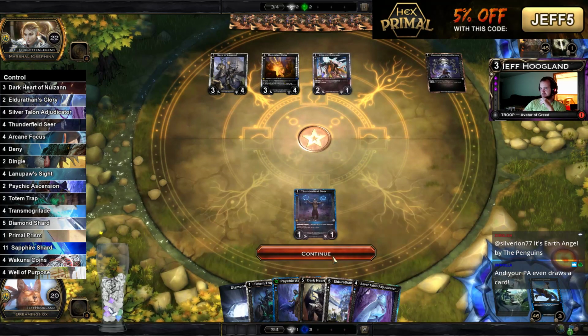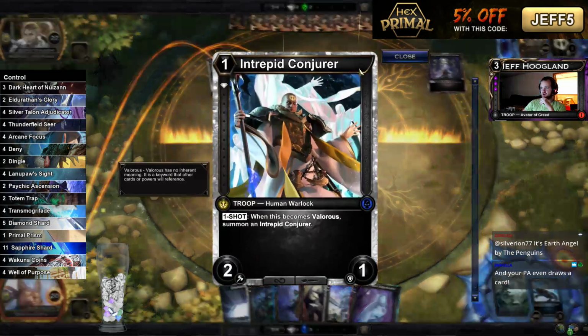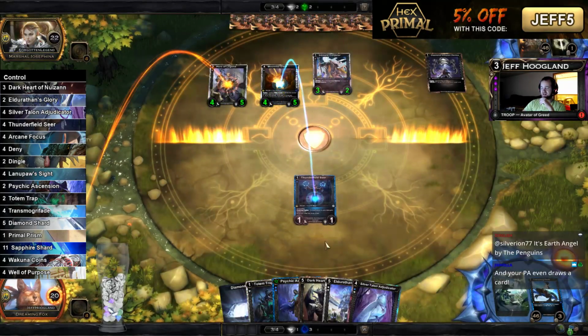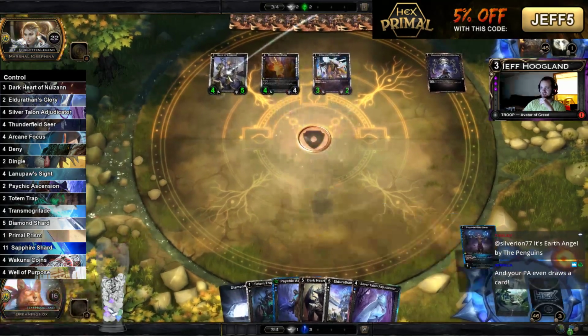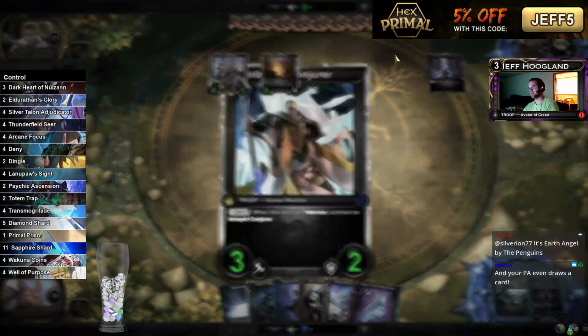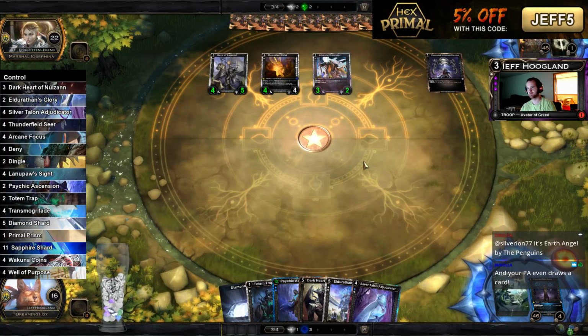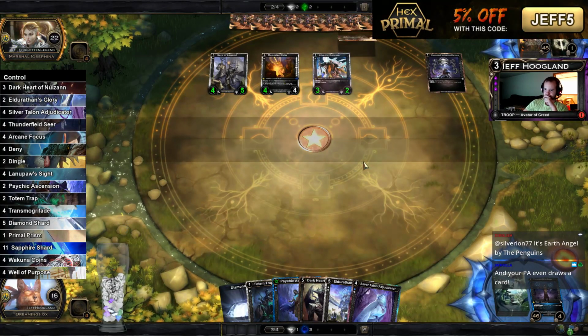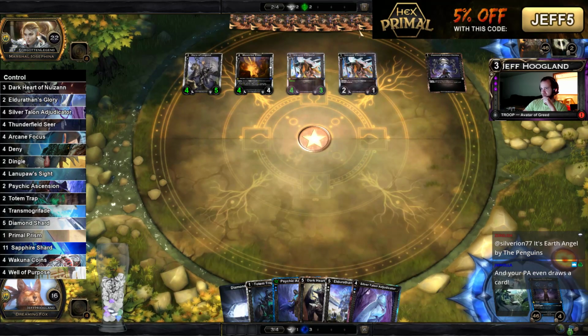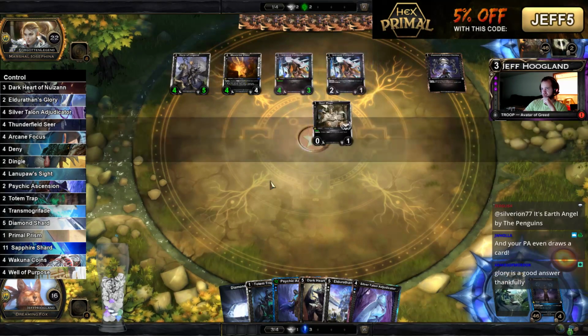And my opponent set up their combo, basically. This card, whenever it becomes Valorous, they get to make a copy of it. And this card says, whenever they hit us, they make a Valor. So now they're going to play all these Valors out of their hand and generate a bunch of Intrepid Conjurers. So they have a bunch of Valors in their hand from the Hero of Legend of the Moonrise Elder, so...